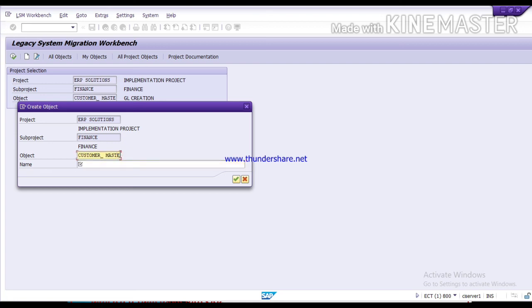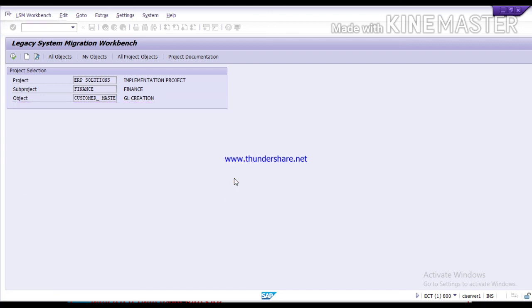So mention the detail here. Like this, you can maintain the details about your T codes and your modules and your projects.